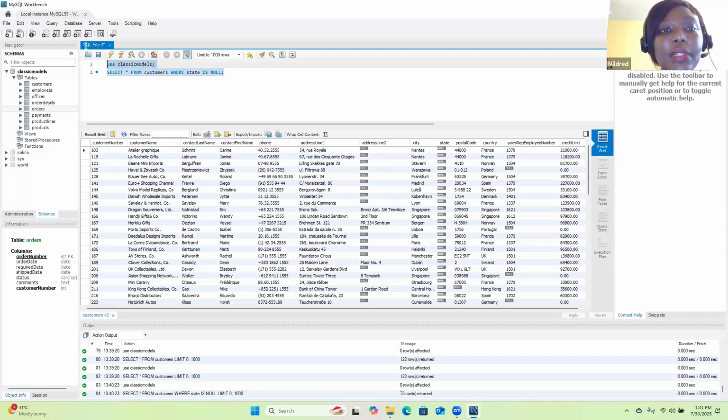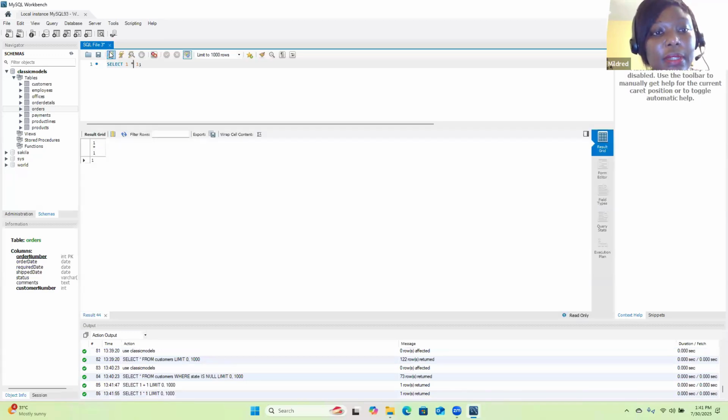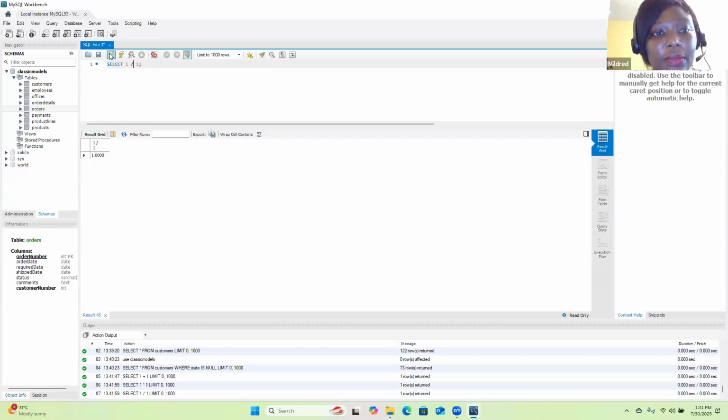Like if we don't want to use a table and we want to perform arithmetic operations, we say select, let's say 1 plus 1. And this will just give us a table with 1 plus 1 equal 2. You want to do multiplication, you do 1 times 1, it gives us 1. You want to do division, the same thing. And then you want to do